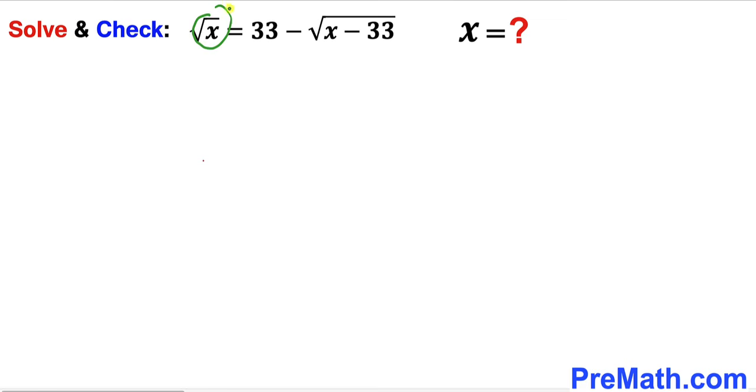Square root of x equals 33 minus the square root of x minus 33. In other words, we are going to solve for x values, and eventually, we are going to check our answers for any extraneous solutions. And please make sure that our domain is going to be x greater than or equal to 33 and less